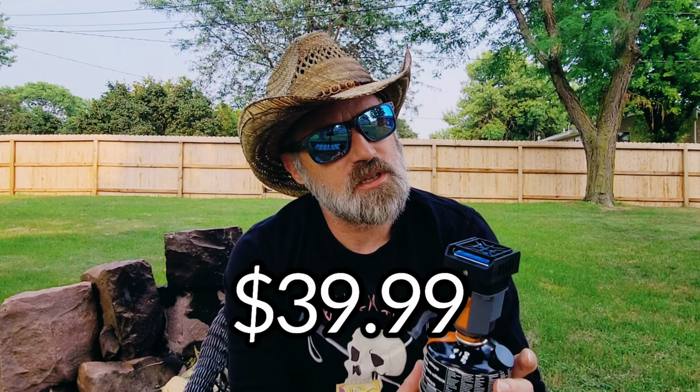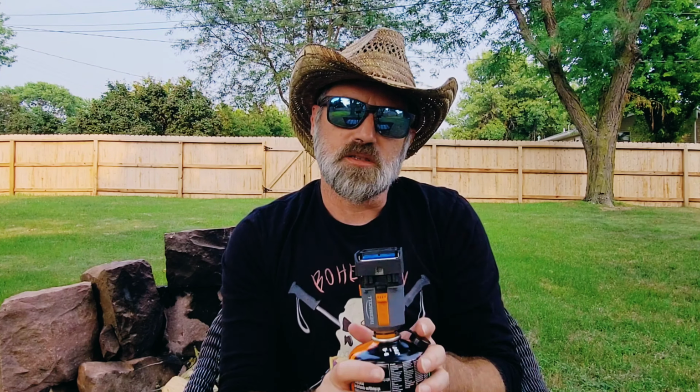This is a 4-ounce mosquito aid, I would call it, that burns for 90 hours on one of these. So you can bring one of these canisters for your stove for a few nights and still run this at the same time and have plenty of fuel without bringing multiple canisters with you. This is a $39.99 retail device, and the way it works is by burning these little pads,